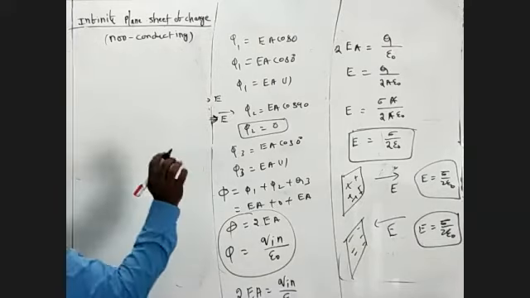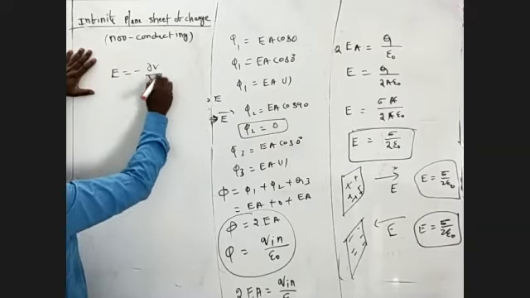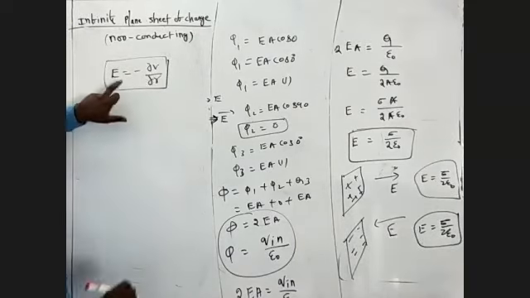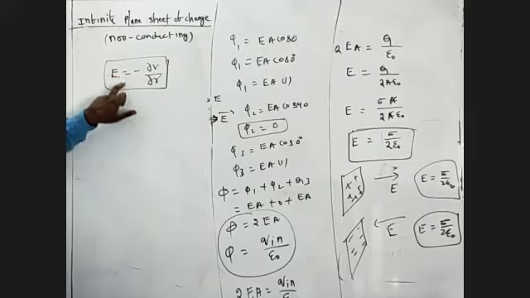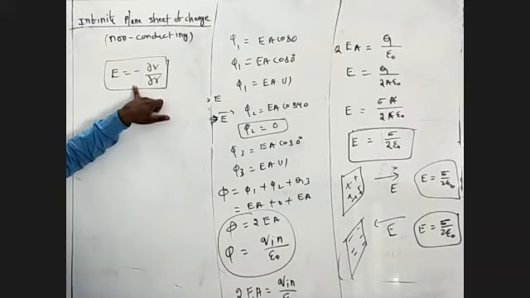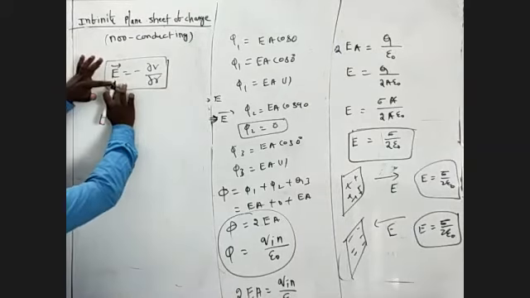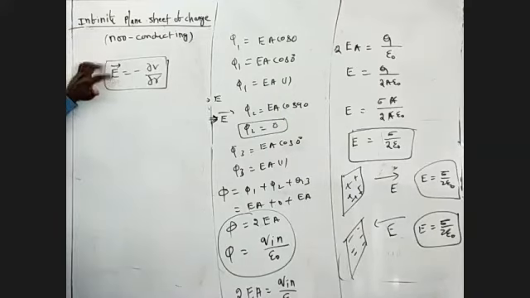We know one relation. Keep it in your mind. I will explain it in the next class. This is the relation between electric field and electric potential. Keep this formula in your mind. I will prove this derivation in the coming classes. But right now, keep this in mind: E is the intensity of electric field and V is the electric potential, E is equal to minus dV by dr.